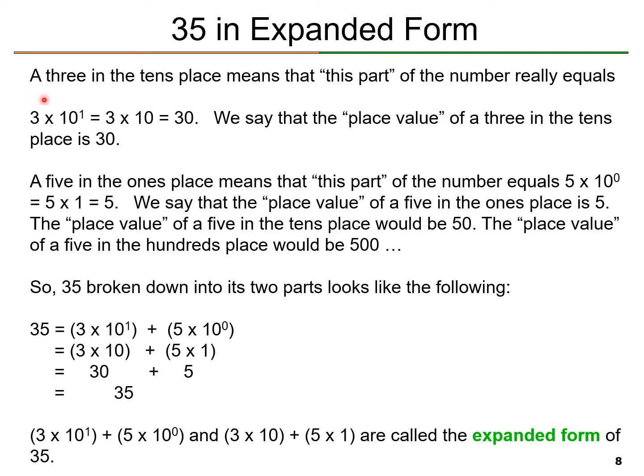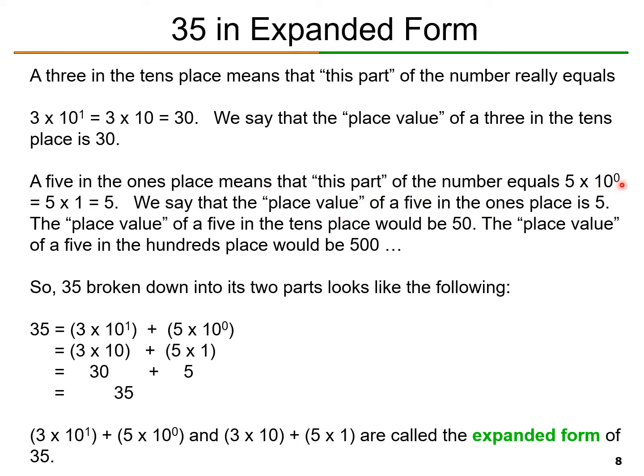Now, a 3 in the tens place means that this part of the number really equals what I wrote on the previous slide: 3 times 10 to the power 1. Remember, 10 to the power 1, or anything raised to the power 1, is equal to that number. So 3 times 10 to the power 1 is the same as 3 times 10, which is 30. Again, like I said on the previous slide, we say that the place value of a 3 in the tens place is 30. A 5 in the ones place means that this part of the number is equal to 5